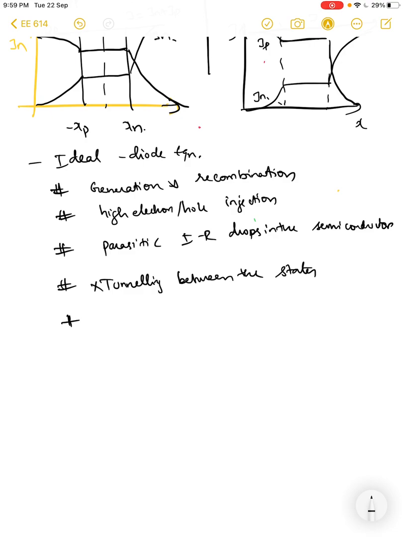The last one is it did not take into account any of the surface effects, because the surface is an area where recombination is accelerated, and you have high charge concentration at the surface. You can have current conduction at the surface. So all the surface effects were neglected. All these things contributed to the ideal diode equation not matching exactly in silicon and gallium arsenide. We will deal with a few non-ideal characteristics from this equation and then see how we can improve our fit in other semiconductors. So we will stop our discussion here. Thank you.